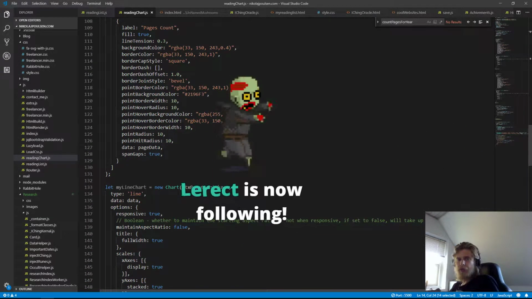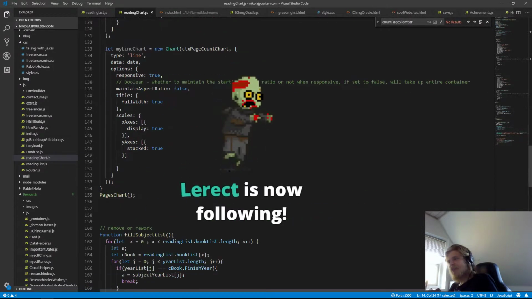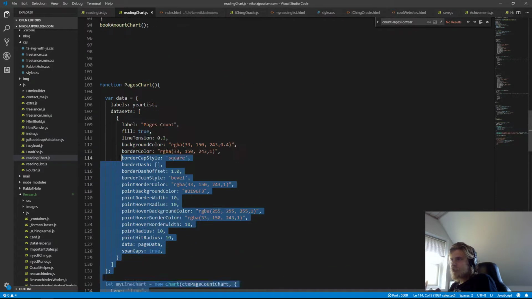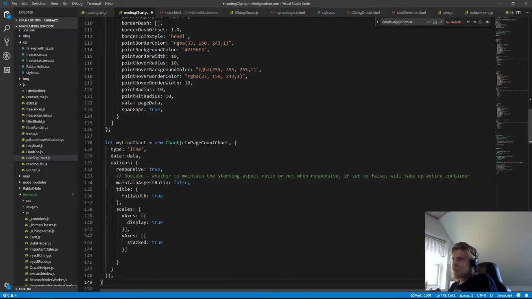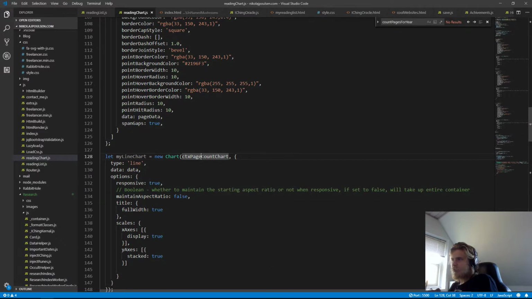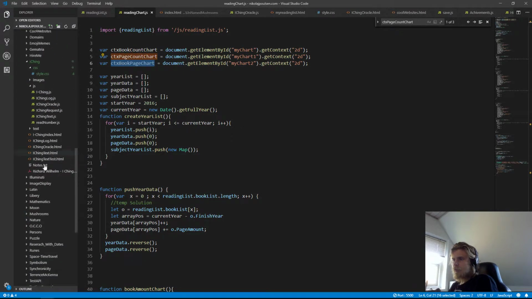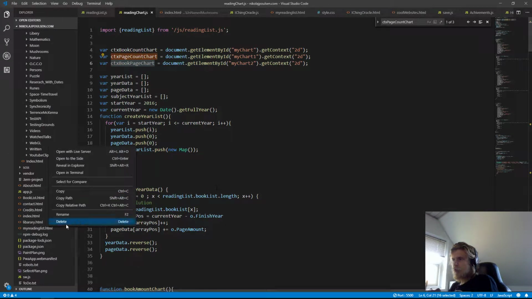I'll just do it. Thank you, React. I'll do this. So function page. Let me make. I'll just copy paste this. Copy paste. That's what we do. Okay. And this one. Where does this come from? This comes up here, and then we have to have ctx page chart, book page chart, and